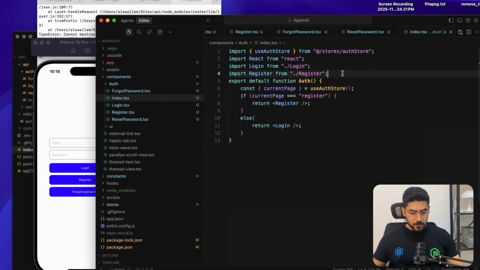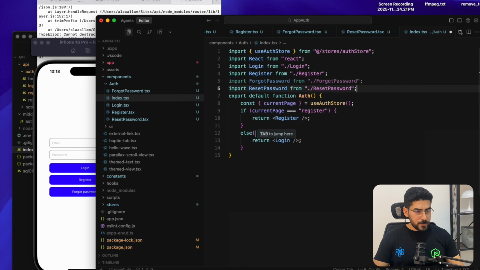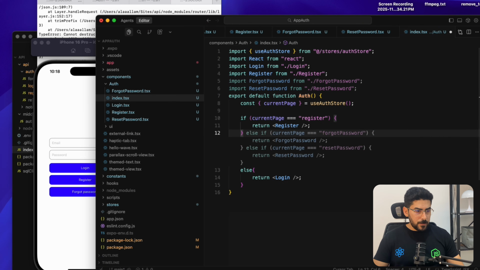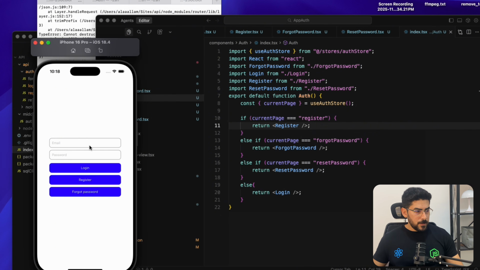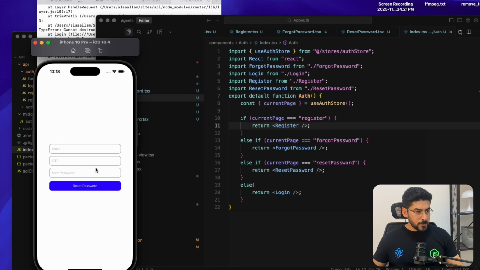index. I will also import forgot password and reset password. And here we're going to say else if. Okay. And here I will restart the app. Forgot password. Okay, I will put my email and send reset password. As you see, it has redirected me to the place where I will fill my OTP,